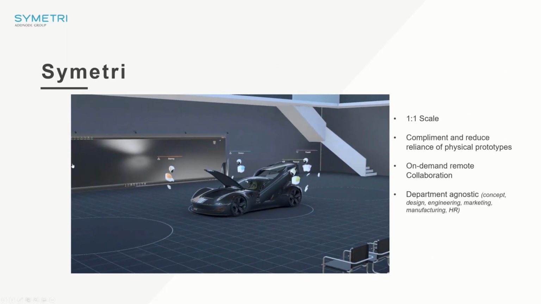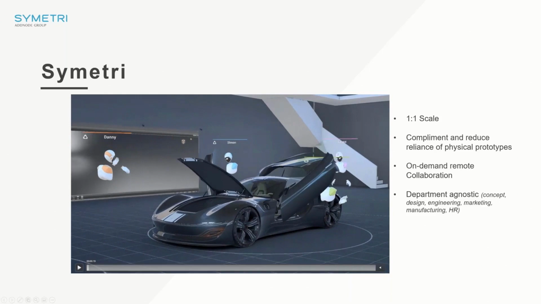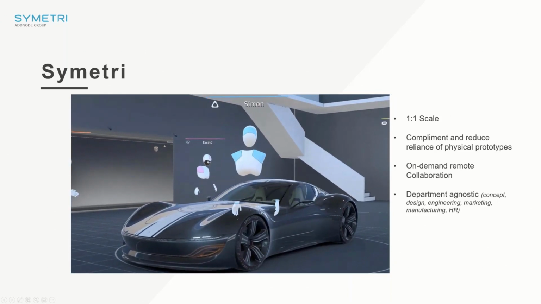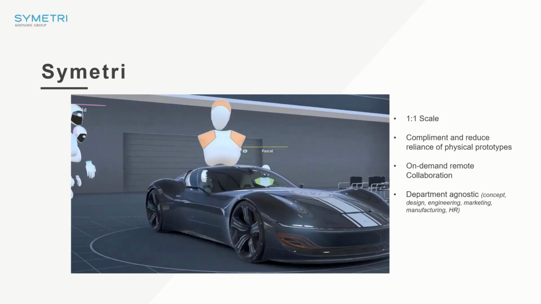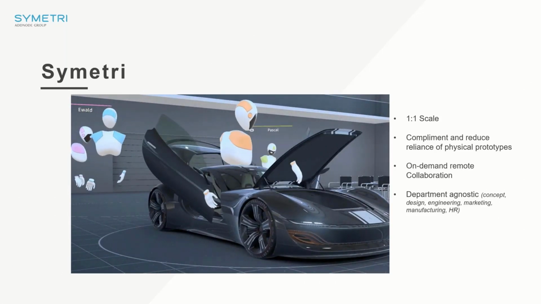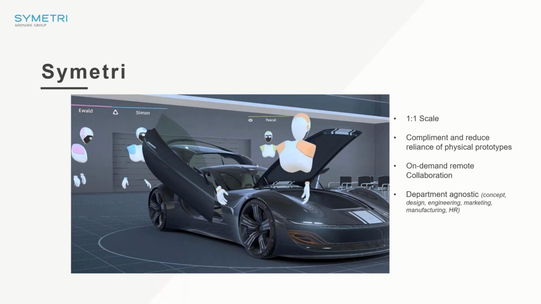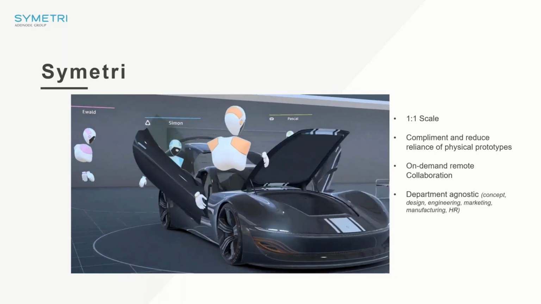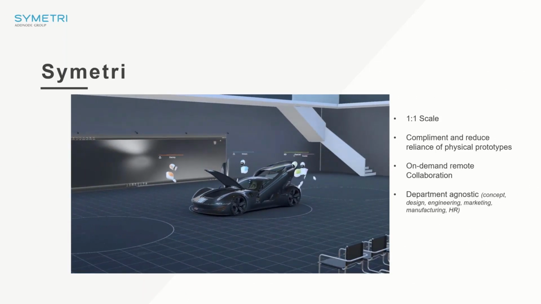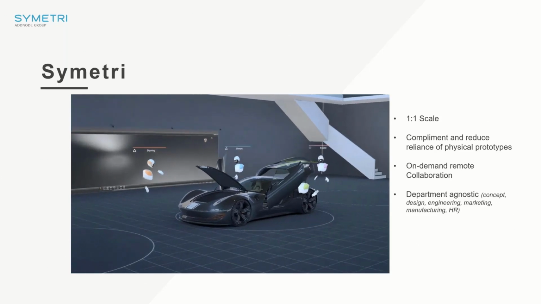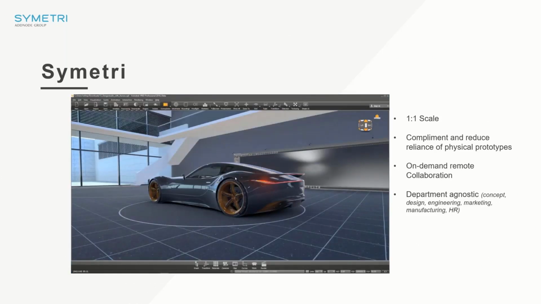But the good thing about this is once you have deployed a process like this, you don't just reduce waste and cost associated to physical prototypes. You also reduce all of those hidden costs as well that you typically associate to face-to-face stakeholder meetings. So this can be shipping, storage, insurance, hotels, travel, meals. This isn't just, oh, we're going to reduce physical prototypes by introducing VR. There is a huge number of second order effects that we spoke about earlier that can have a massive positive impact on the business.